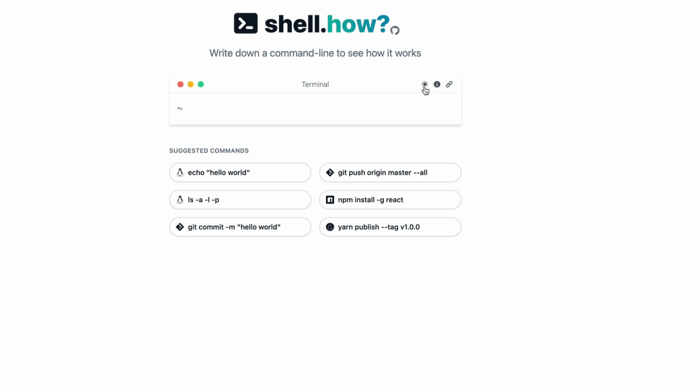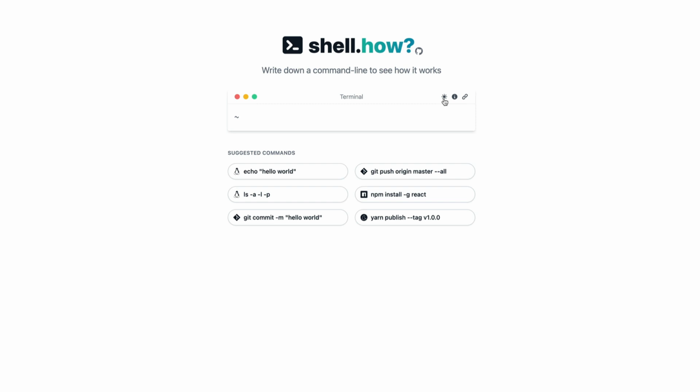And I've tried to do it today, and it is amazing, right? It just takes a couple of seconds, but again, you get to learn something new. And probably one day you wouldn't even need shell.how. Maybe that is the futuristic vision. But until then, thanks to the developer.